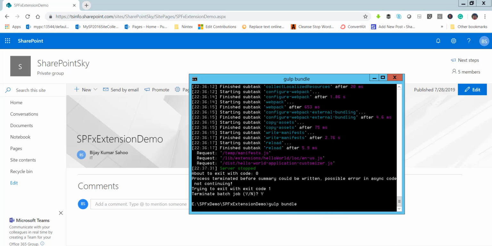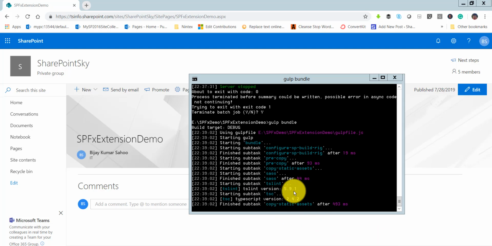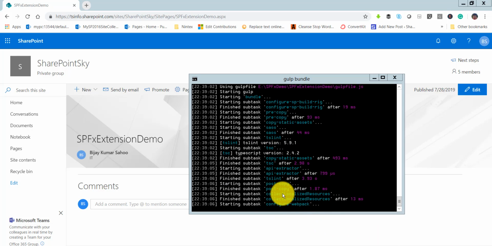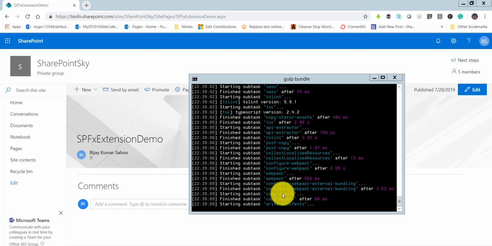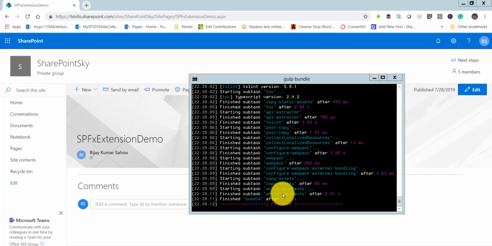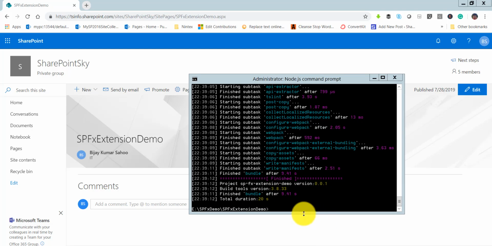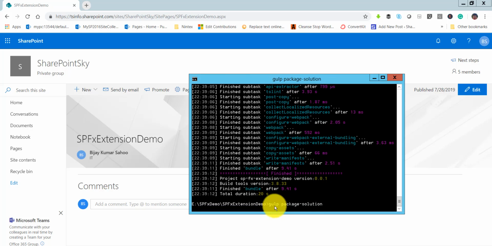You can see here it is running, it is doing things here. So let it run properly, and then we will run the other command. You can see here it is finished now. What we have to do now is run gulp package-solution. So I will say gulp, space, package-solution. You can see here package-solution, enter. Once you click on enter, you will be able to see